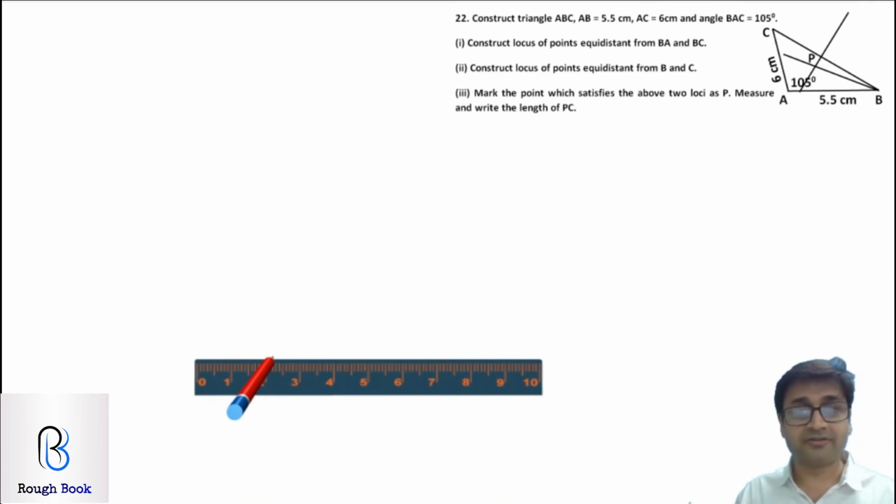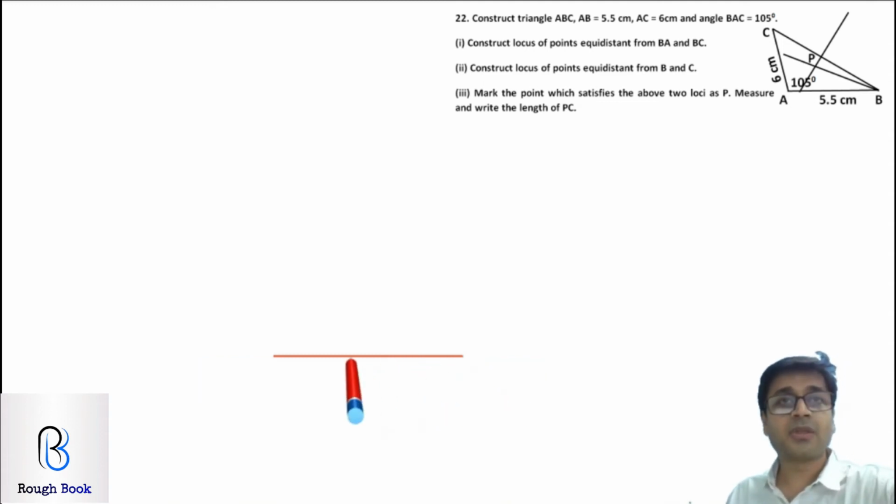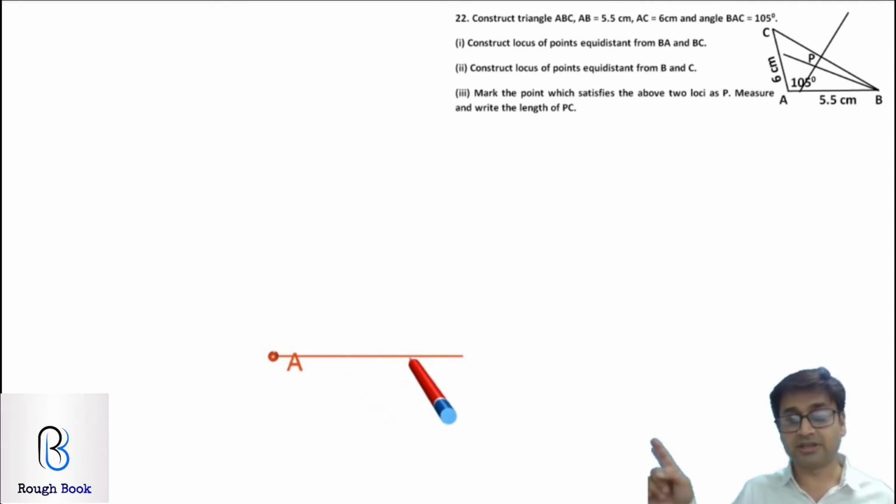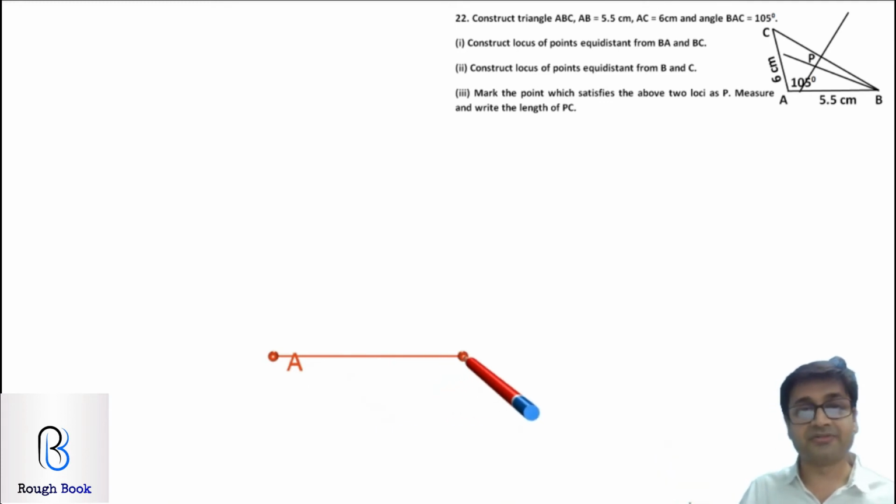So first, draw your rough diagram, just like that. Once your rough diagram is drawn, draw the triangle at least first. So get your triangle. So first the base you're going to draw. So take your base as side AB with 5.5 centimeters, right? So I'm marking this A and this one as B. Can you see there? As 5.5 centimeters.